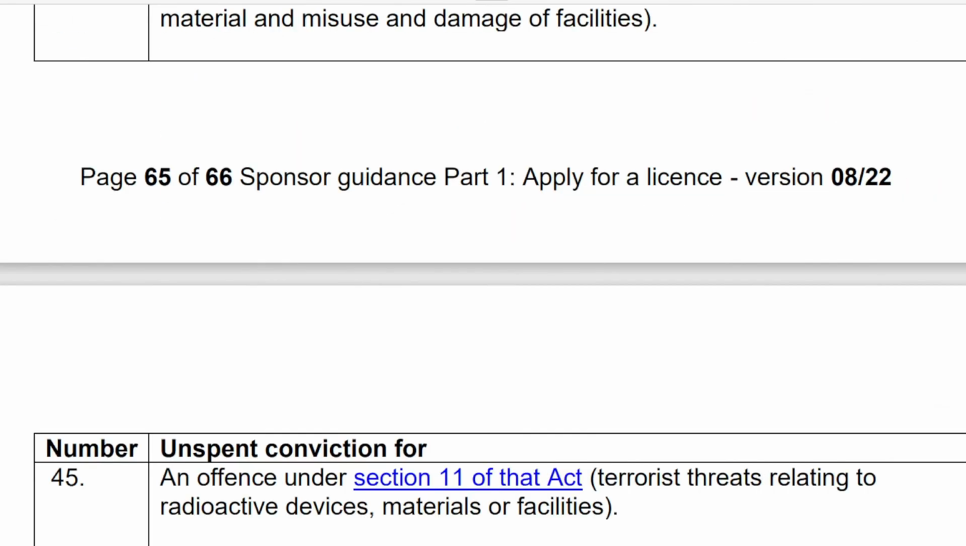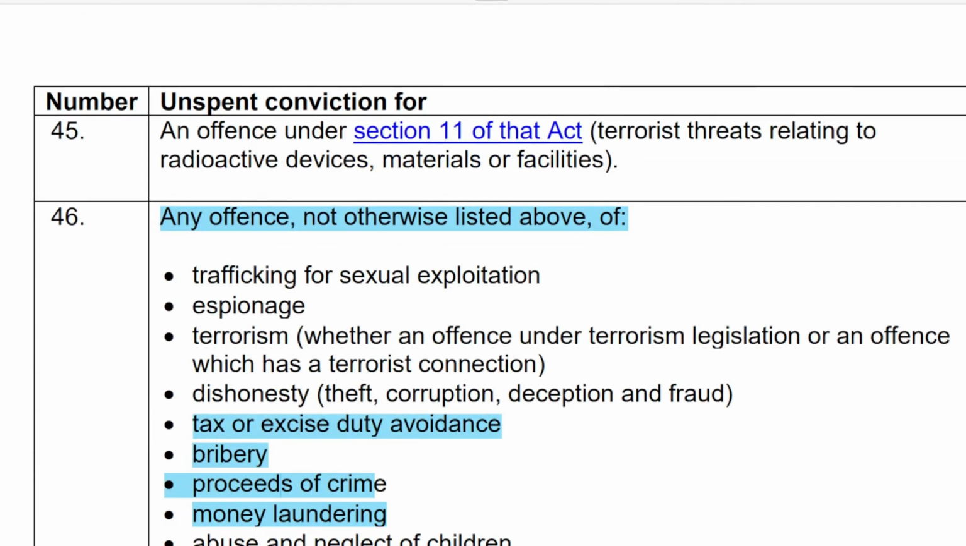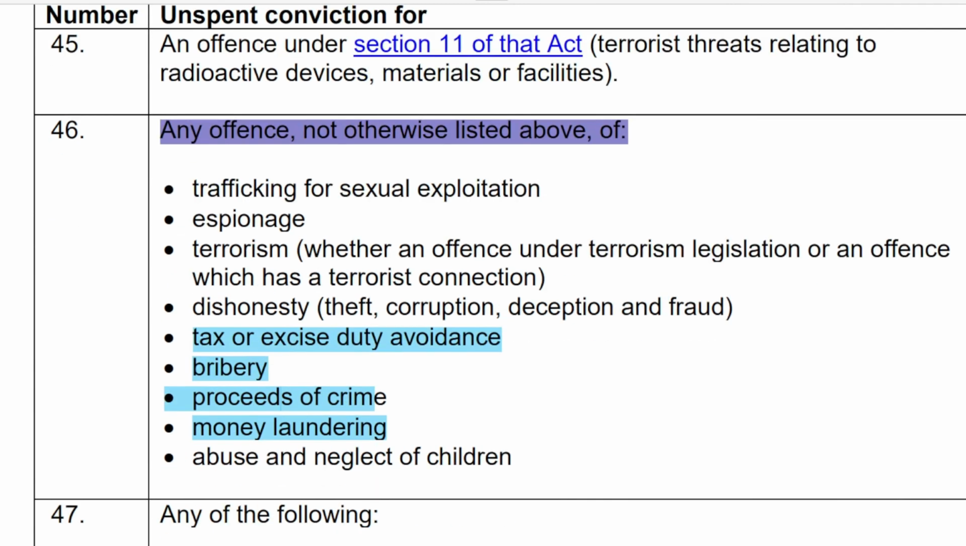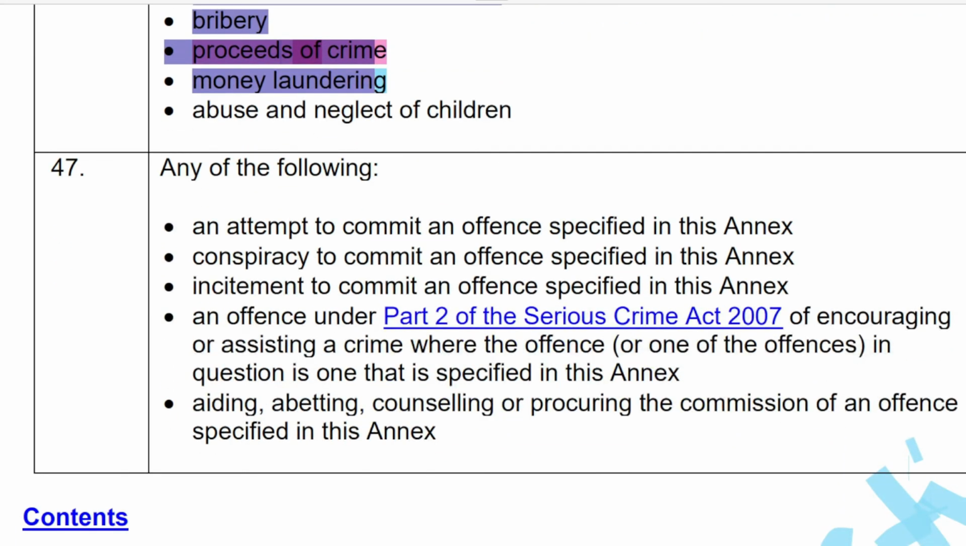So this is page 65. Now we are on page 66. Any offense not otherwise listed above. The normal offenses are very common: tax and excise duty offenses, bribery, proceeds of crime, money laundering. If any of these offenses have been committed, then the Home Office can refuse your